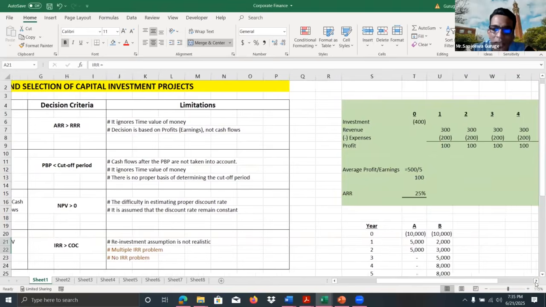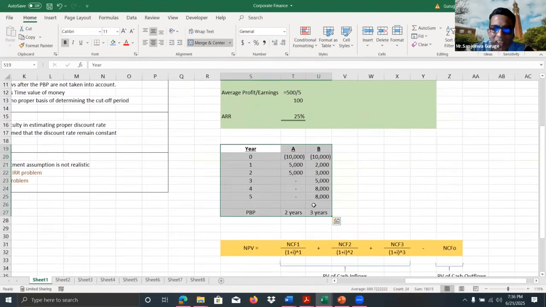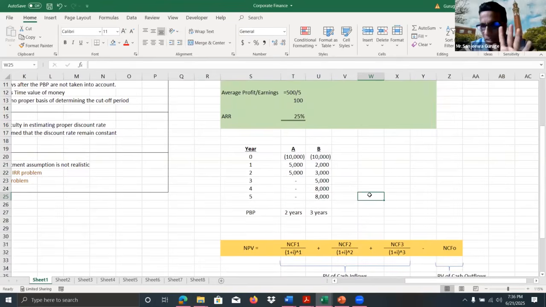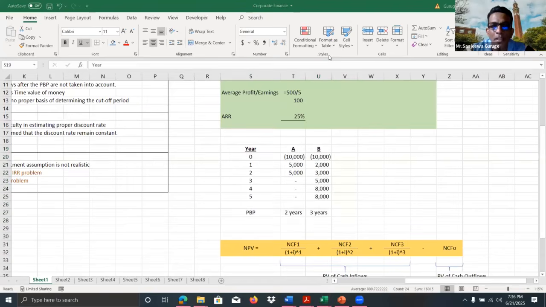Okay, to identify that, I have already given one simple example. Now, if there are two projects like this, if we calculate payback period, these are the payback periods. Two simple examples I have used. If we are going to select the project using a payback period, what is the better project, A or B? From this simple example, it is A. But is that the correct project? Is that the better project? No, that is not the better project.